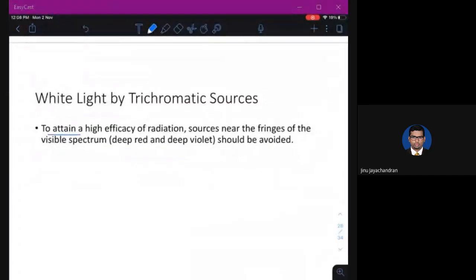To attain a high efficiency of radiation, sources near the fringes of the visible spectrum, that means the boundaries, deep red and deep violet, should be avoided. So you cannot use deep red and deep violet when you're using a trichromatic source. It should be as far as possible from the boundary of the visible light, so that you get exact light.